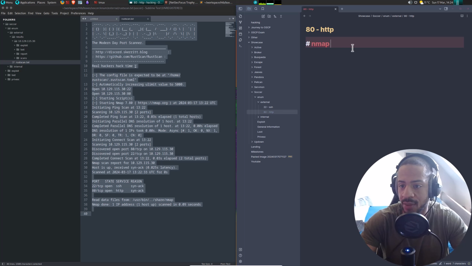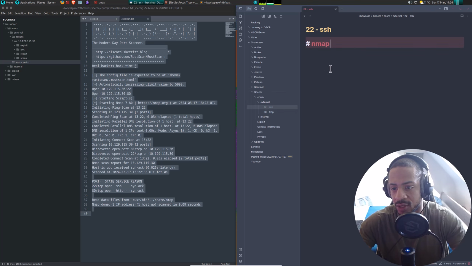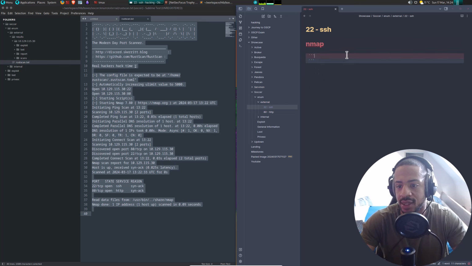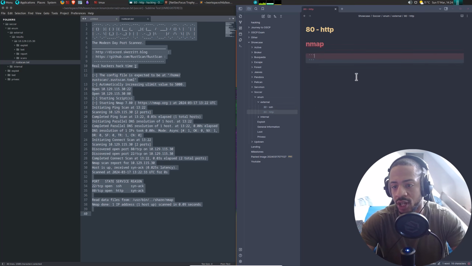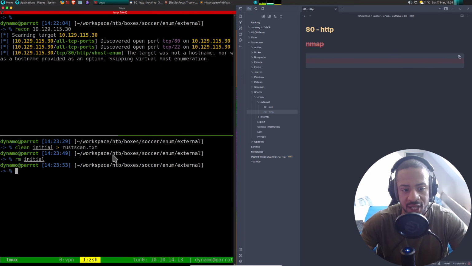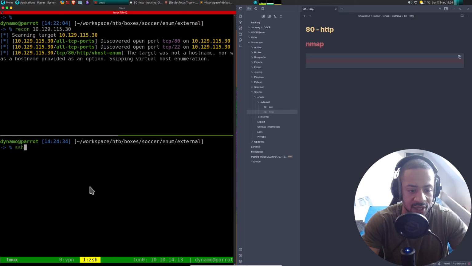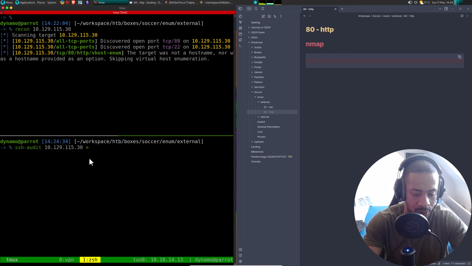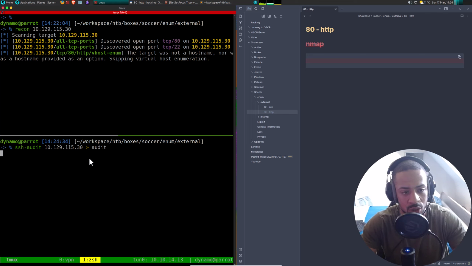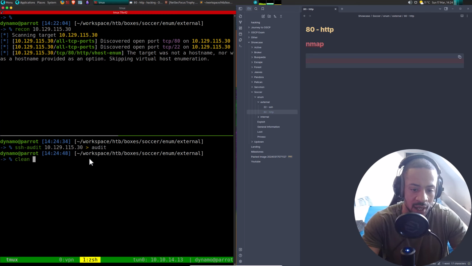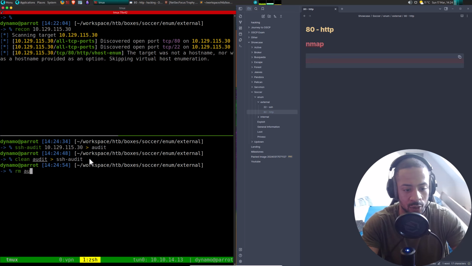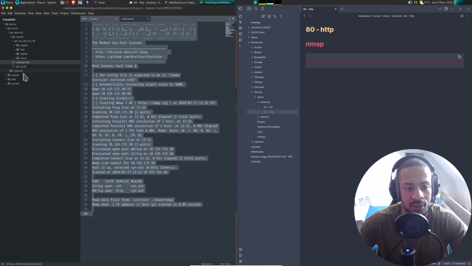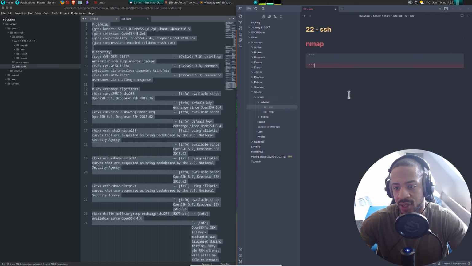Then let me just create nmap like this, and we know we're going to do that here as well, so let's paste it. Then what I will also already do, just to be thorough while the rust scan is doing its thing, is run SSH audit on the IP, just so that that is done. Save the output into audit like so. That is usually very quick. Clean audit and save that into SSH audit like so. Remove audit, and then take that output as well, go to SSH.